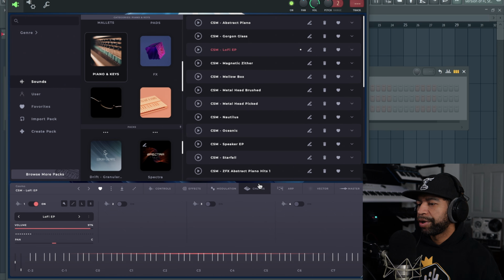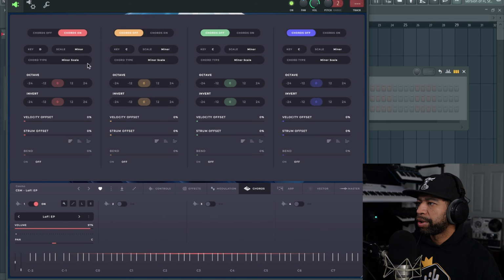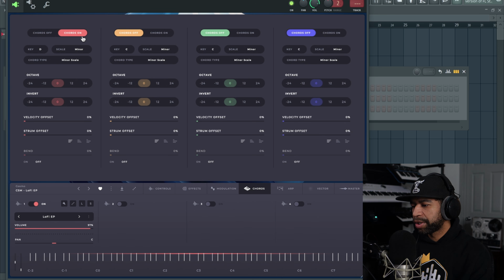But now we can come over here into chords and we can tap chords, and now you see we have chords. So for sounds that have multiple layers, you can use chords on one layer, on another layer. You know what I'm saying? You don't have to use the chords on every layer. That's cool. But you see now we have the chords on. So now if I just push down one button,